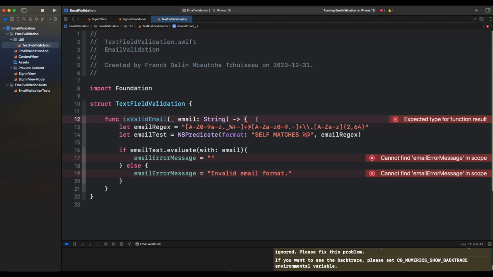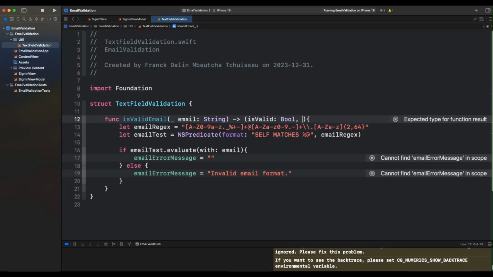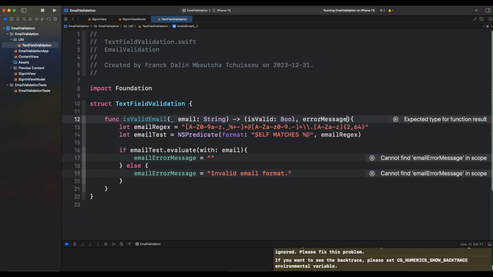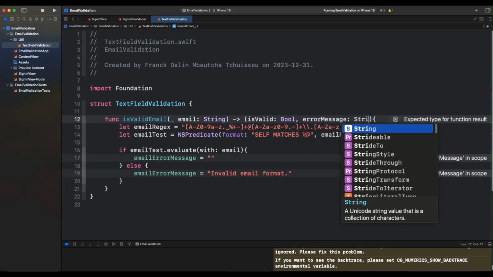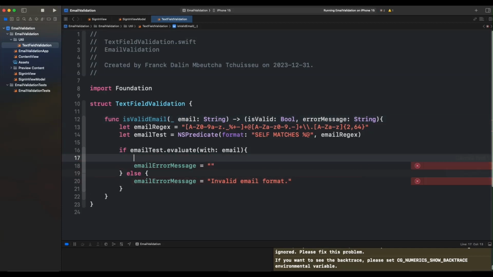So the first thing we want to return is valid. So is our email valid? That is a boolean. And the second thing we want to return is our error message. Perfect. So now here, instead of setting this error message, because we don't have email error message, instead of setting it to an empty value, what we want to do here is simply return